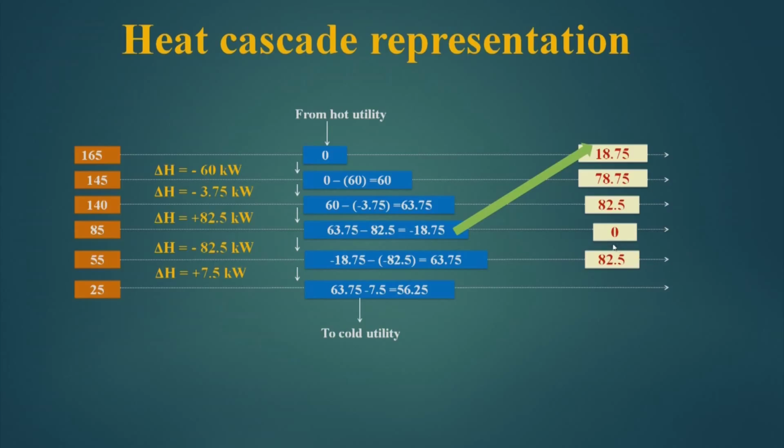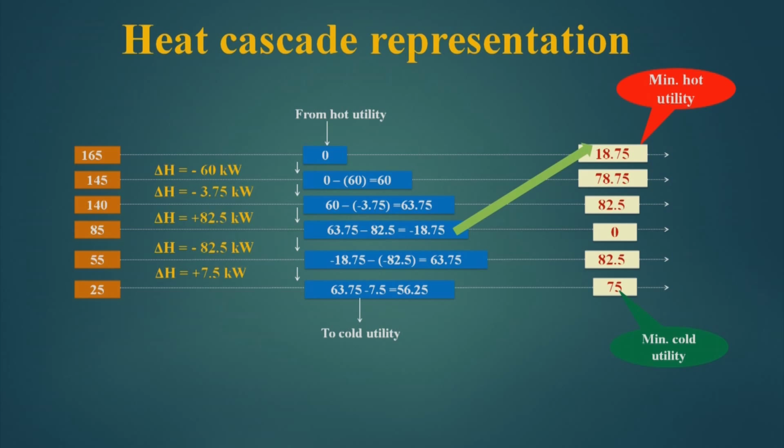at this point it becomes 0 obviously, because we have added 18.75. So, it is minus 18.75, this becomes 0, and this temperature level which is 85 is now the pinch point. To find out the hot pinch and cold pinch, we have to add delta T minimum by 2 to this 85 and deduct delta T minimum by 2 from this 85 to know the hot pinch temperature and the cold pinch temperature. So, this clearly shows that the hot utility demand is 18.75 and cold utility demand is 75. So, this is the minimum hot utility demand and this is the minimum cold utility demand.